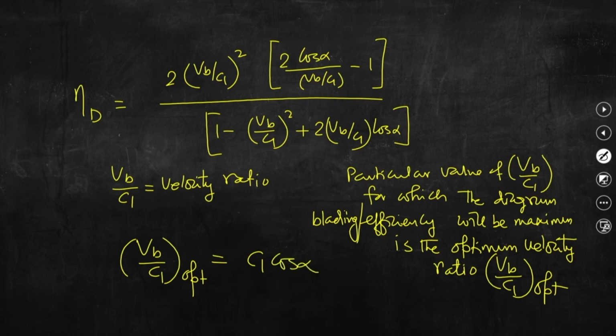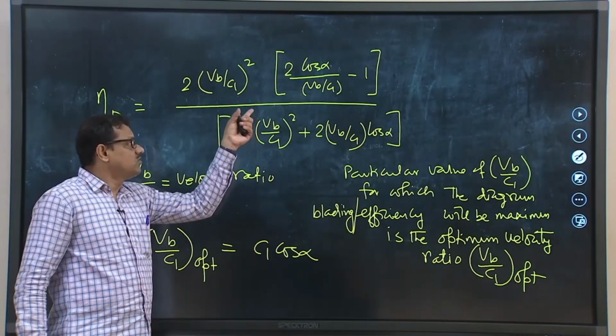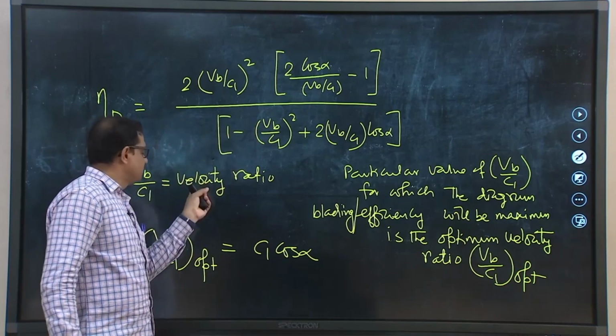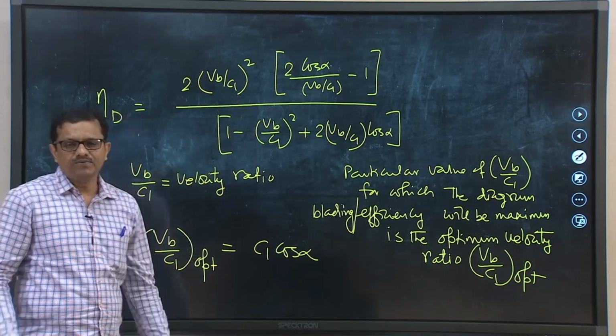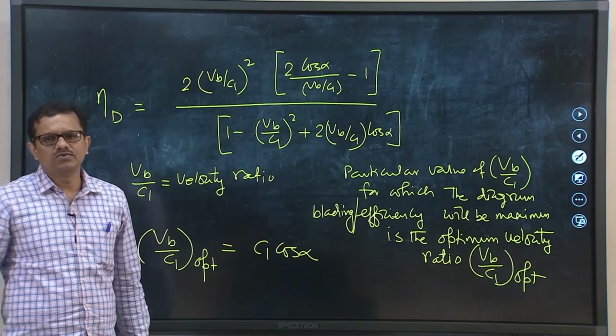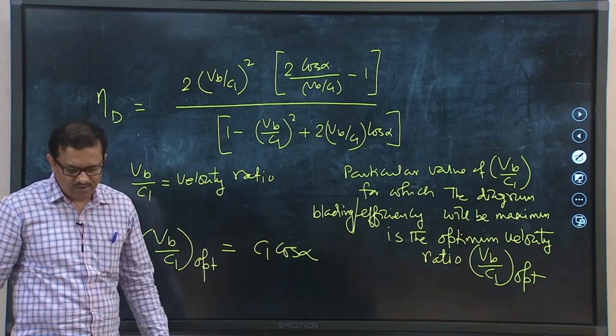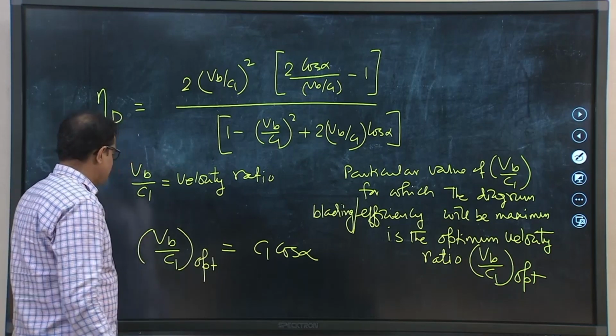But I am not going to do this task here. If you differentiate eta d with respect to Vb by C1 and equate it to 0, then we will get Vb by C1 optimum equal to cos alpha 1, and then